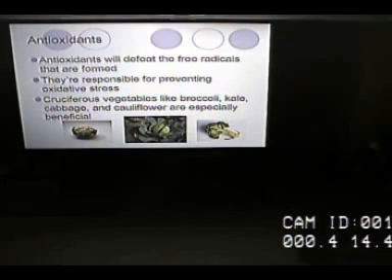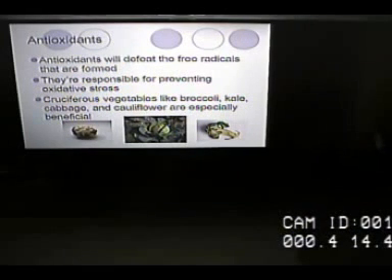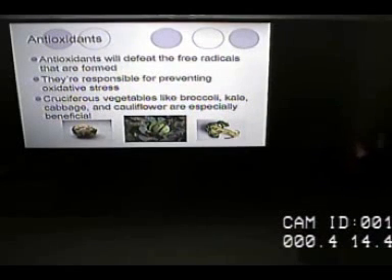Also, we already talked about the antioxidants. The cruciferous vegetables like broccoli, kale, cabbage, cauliflower, very beneficial. Also great for detoxifying the liver. So again, this all comes into play. Your liver is your number one detoxifying organ. So everything is going through there. I think it was a pint a minute or more that the blood is going through there to be detoxified. So it's very important to keep that liver cleansed and working properly. And a lot of things in the environment and what we eat will gunk it up and slow it down. So you want to have as much as you can dietarily to keep it cleansed.